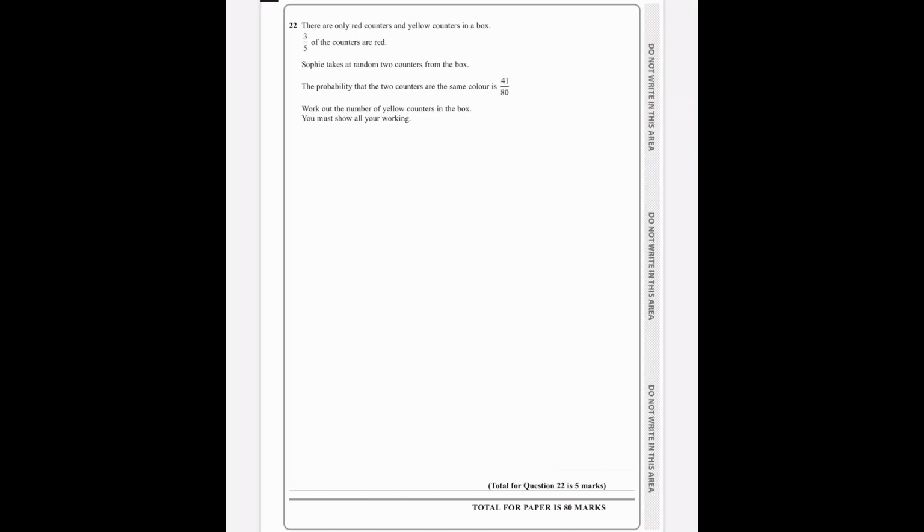Question 22 is quite a tricky one, this one. I have decided to label R as the number of red counters and Y as the number of yellow counters. It tells us in the question that 3/5 of the counters are red, so R out of the R plus Y counters must be equal to 3/5. Doing a quick rearrangement of that, times both sides by R plus Y, times both sides by 5, and then just rearrange a little bit,